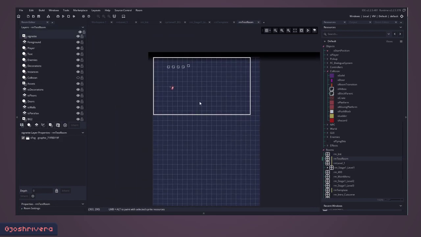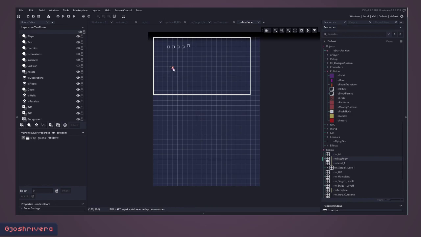All right, so here we have Gamemaker, and this is just a test room. It's got a bunch of layers in it that I use, but for the most part, it's just a blank room. There's really nothing in it except my player object. So the first thing I want to look at is the room size. I'm going to go ahead and change it so that it is the same size as the map that we built earlier. So if we come to Aseprite,